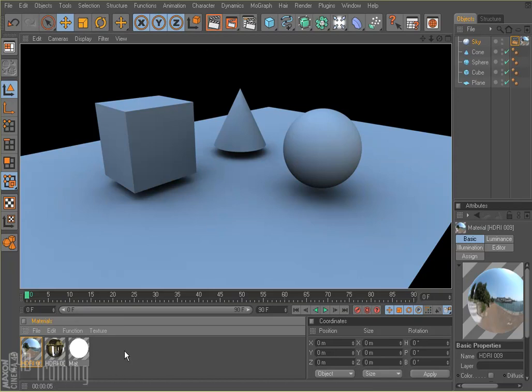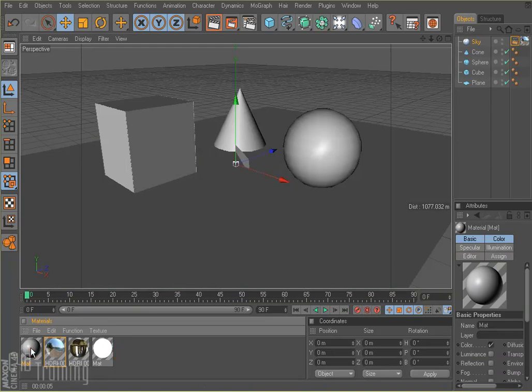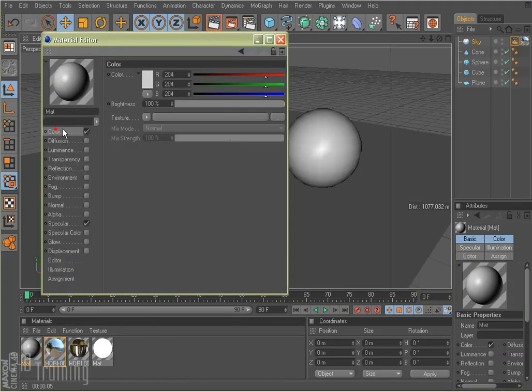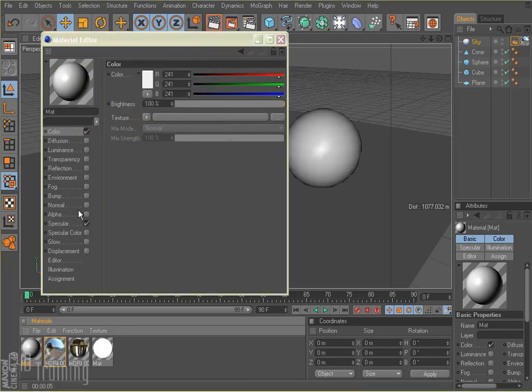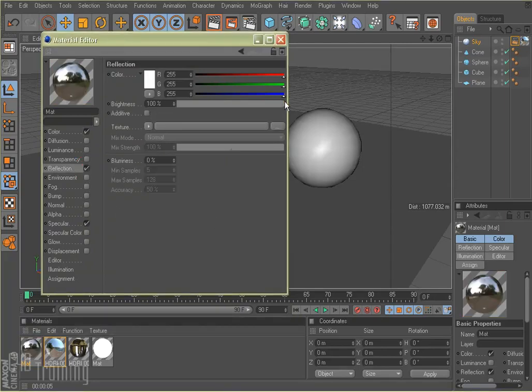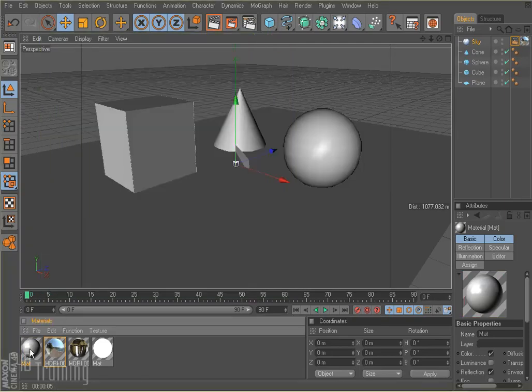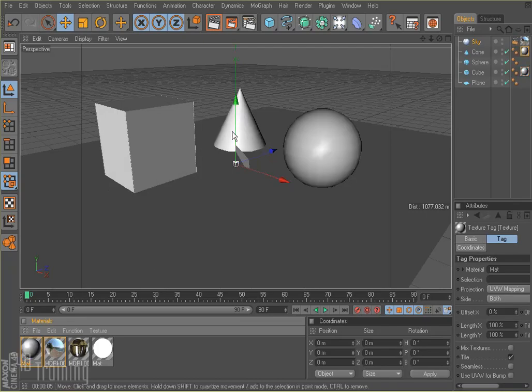And if we add a material to our objects, create a new material here, let's make the color almost white. Hit OK. I'm going to leave the specular where it is, and I'm going to turn on reflection. Don't really want it that high, so bring it down to about 12%. I'm going to increase the blurriness a little bit so that we don't get a sharp image reflection in our object. And go ahead and close that. And now I'm just going to apply this to our objects. And now if I render it again,